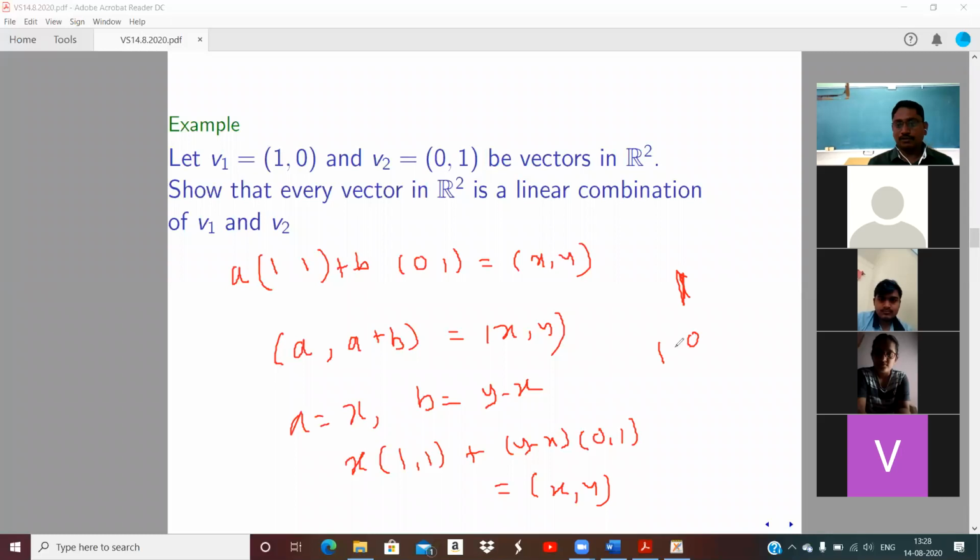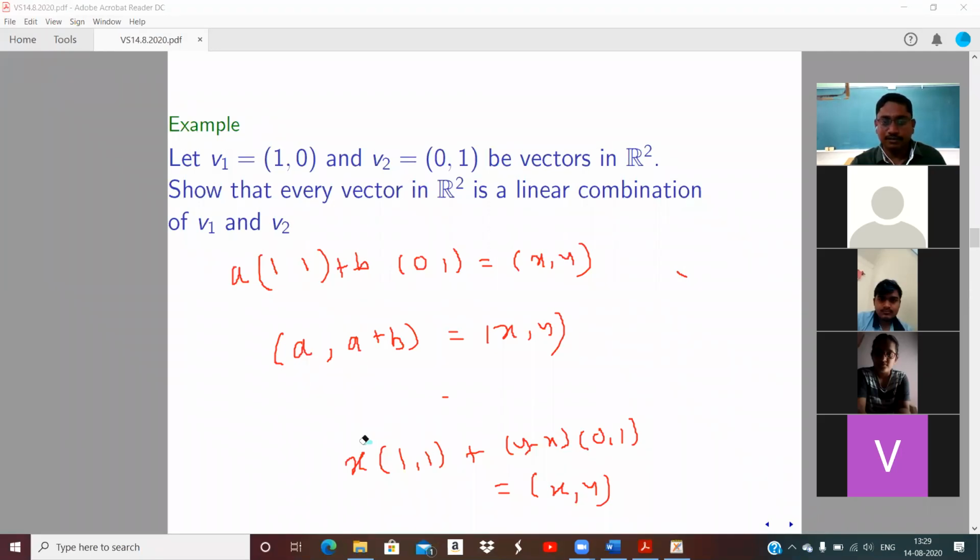So this is also another point. Which points? (1, 0) and (1, 1). These are the two vectors. For these two vectors also we can show that every vector in R2 is a linear combination of these two vectors. And there are many more such vectors. Not only these two, we can have any two. Now I will give a trick here. When you write a point, we know the consistency and inconsistency. So I will show how one can find all those different points here.